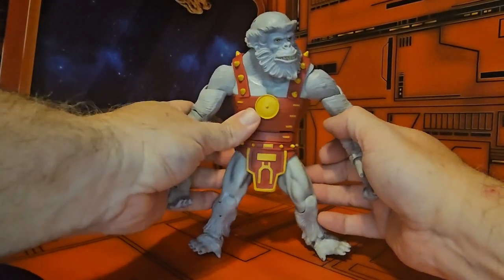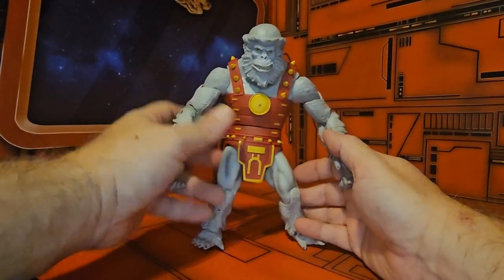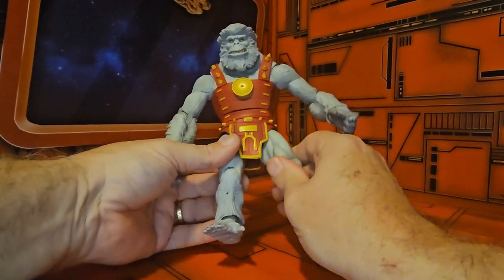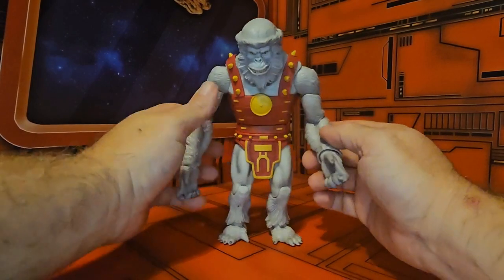But this figure is a great addition to the shelves. Like I said, since he did start out as Superman's enemy, I will definitely probably be including him on